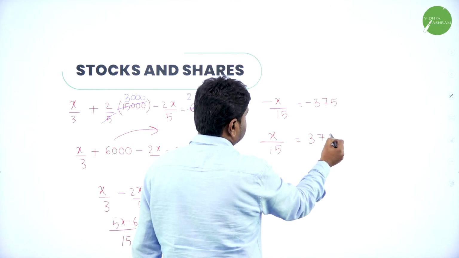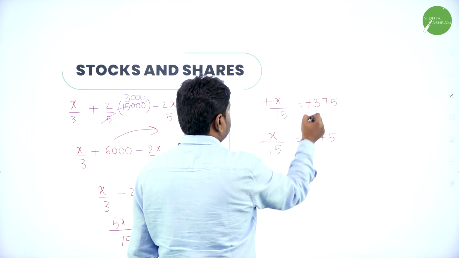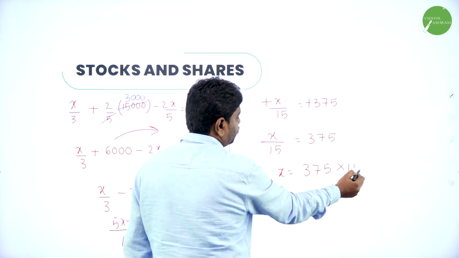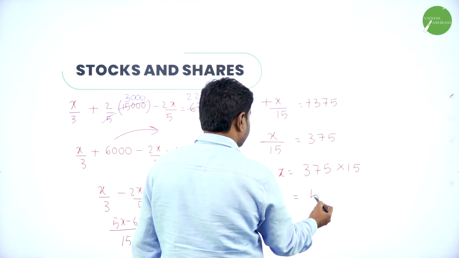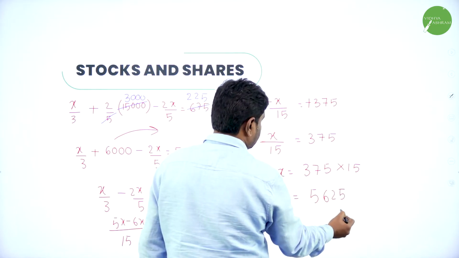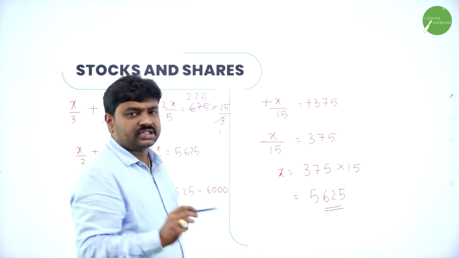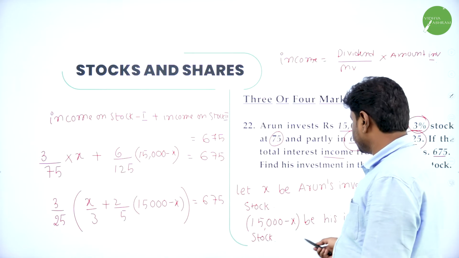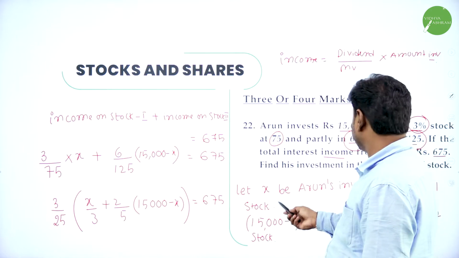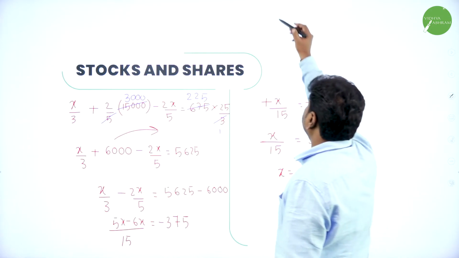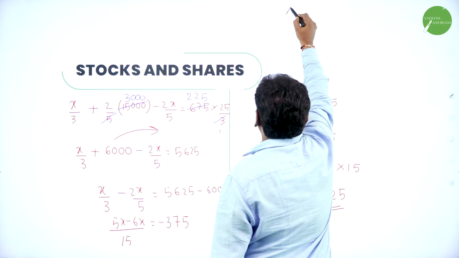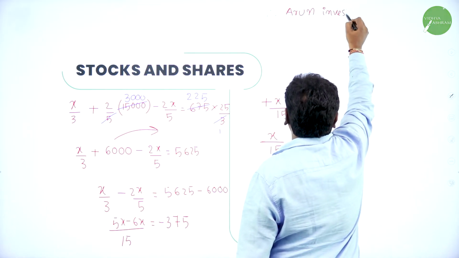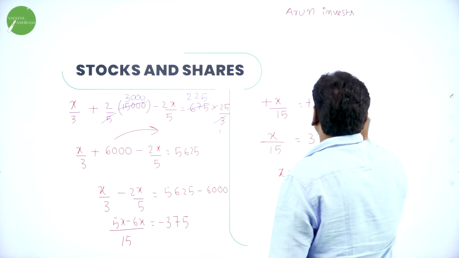I can cancel minus minus on both sides, it will become plus. Now x is equal to 375 into 15, multiply this, again you will get 5625. So 5625 you will get x. X means what? Investment. See here, x is Arun's investment on the first type of stock. So therefore Arun invests x rupees,